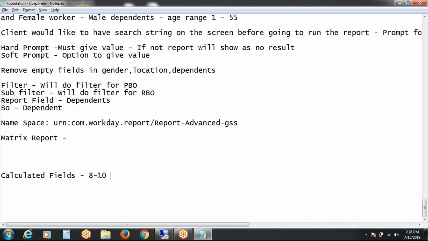Apart from that, I will explain up to 8 to 10 calculated fields as per the scenarios. Based on those scenarios you can give examples in your interview process. You can tell the same examples, nothing will happen, because normally we get the same scenarios only.